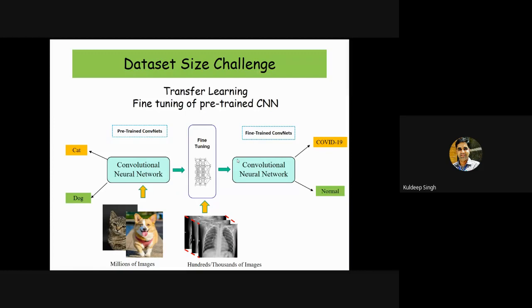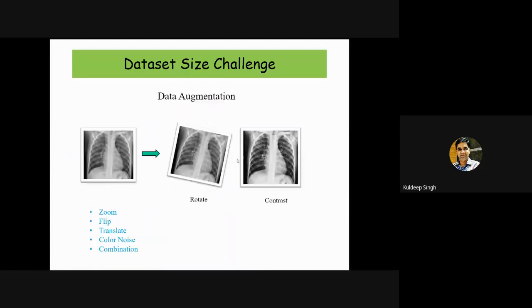So that's why we use fine tuning for solving the data size challenge. Another way of solving this challenge is data augmentation. If we have a small volume of data available with us, we can generate new images from the existing images. With the help of techniques like zoom, rotate, change the contrast, flip, translate, input some kind of color noise, or a combination of these different techniques of